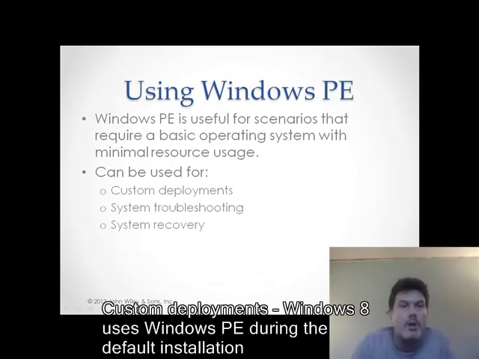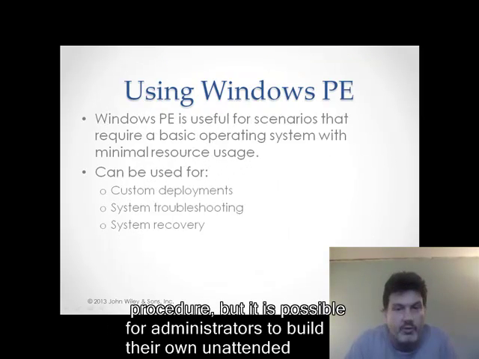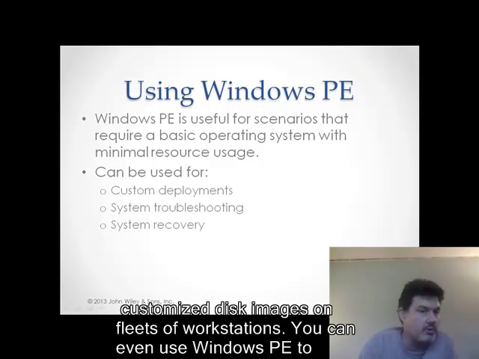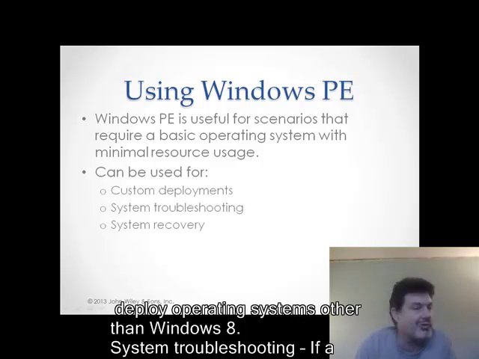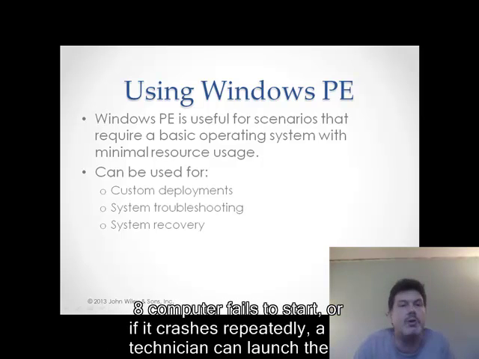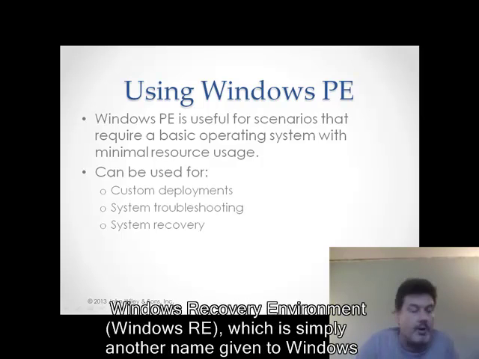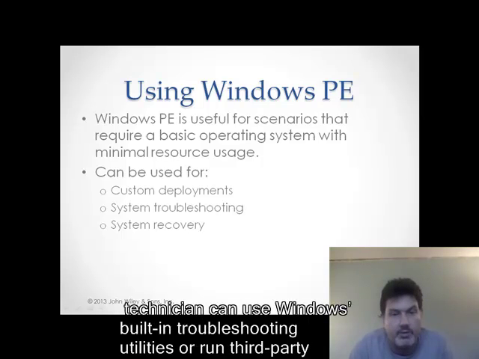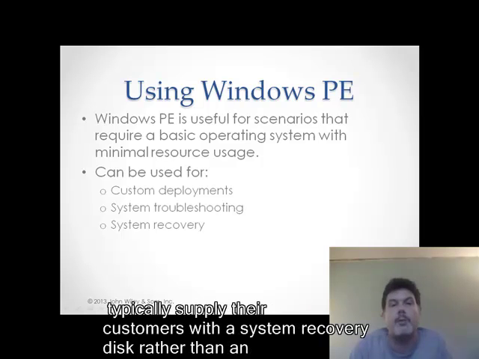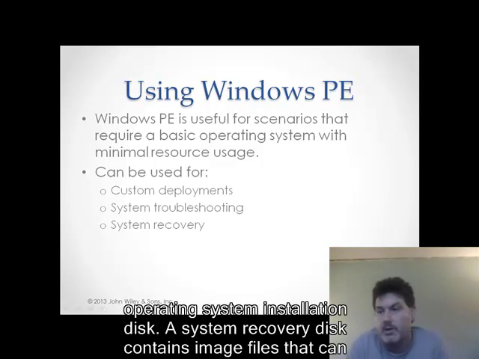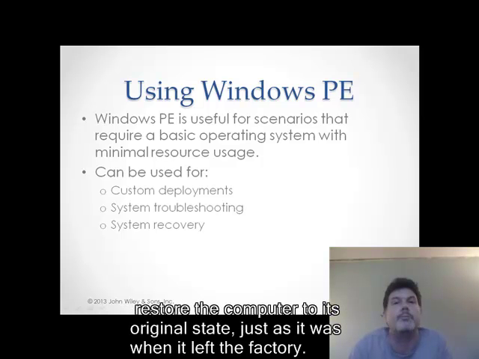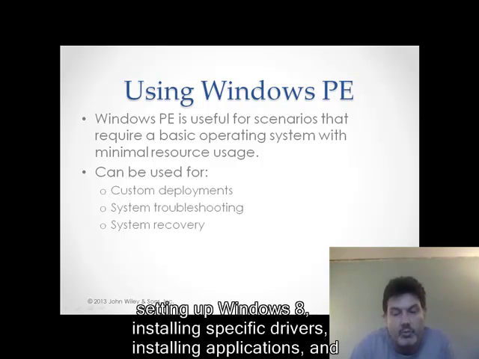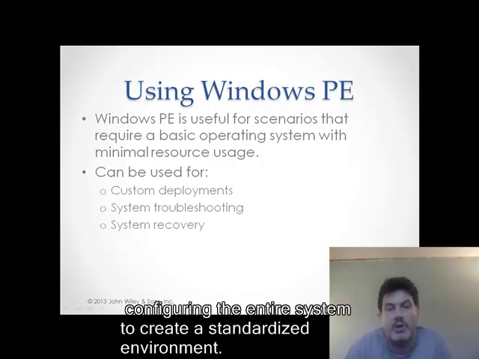So, Windows PE is useful for scenarios that require a basic operating system with minimum resource use. I can use Windows PE more importantly for things like custom deployments, system troubleshooting, and most importantly, system recovery. So, that's essentially what we use Windows PE for. Deploying the operating system, troubleshooting any problems with the operating system, and in the event of some catastrophic event on the operating system, Windows PE is something we would start in order to run outside of the Windows operating system to facilitate system recovery. Alright,